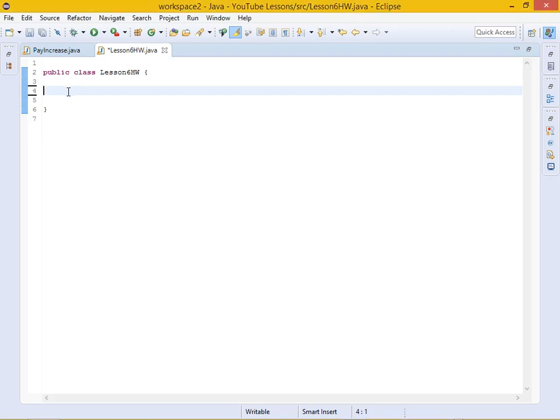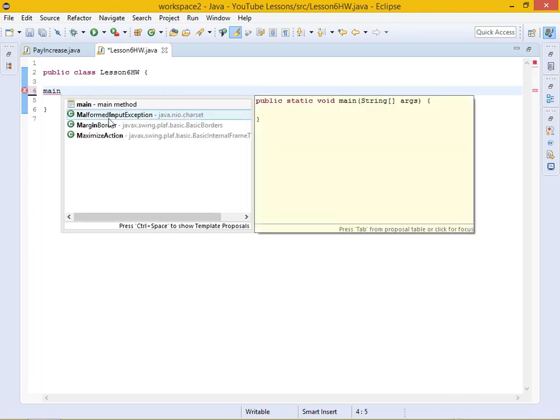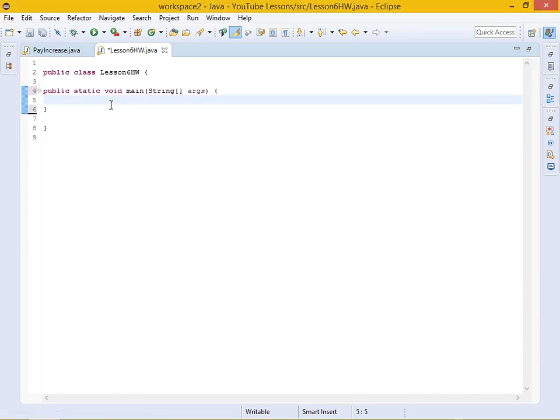So to get started, let's go ahead and create our main method. I typed out main, Control-Space, and it automatically creates my method for me. And if we remember, we need two methods: one that accepts an integer, an int, and another one that accepts a double. So let's go ahead and create our